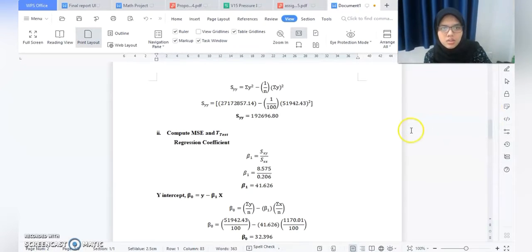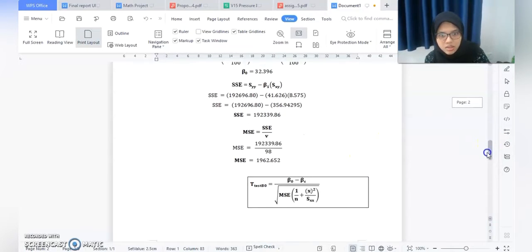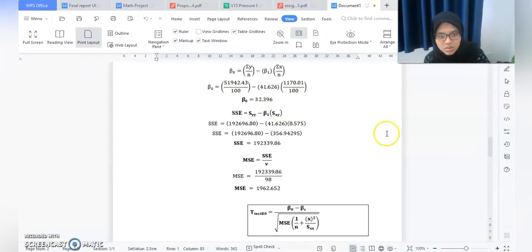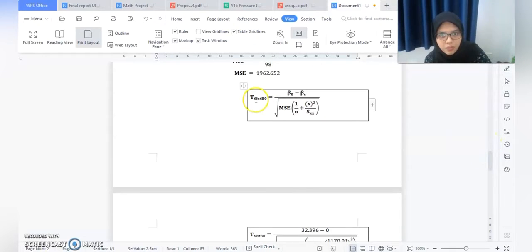We calculate those values so that we can compute MSE as well as the t-test. From those values, we can calculate the value of B1 as well as B0. After that we can have the value of MSE, and then we can calculate the value of the t-test